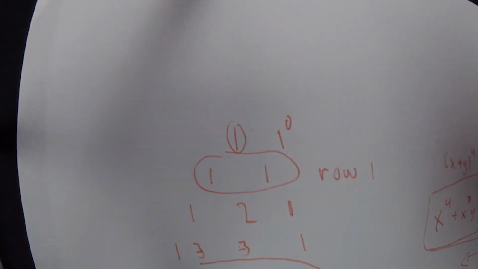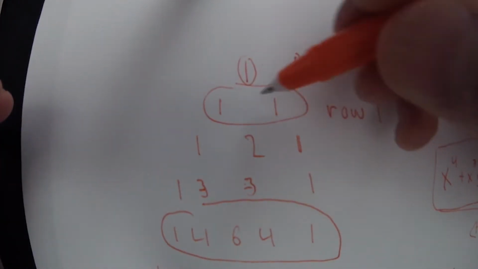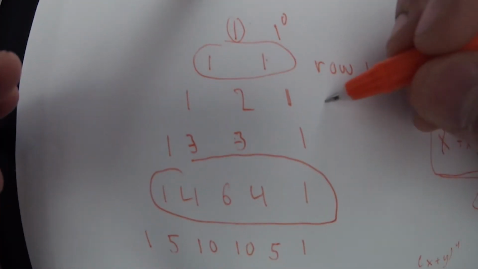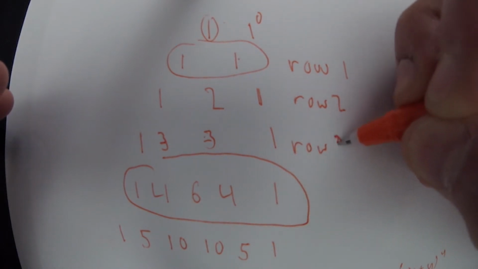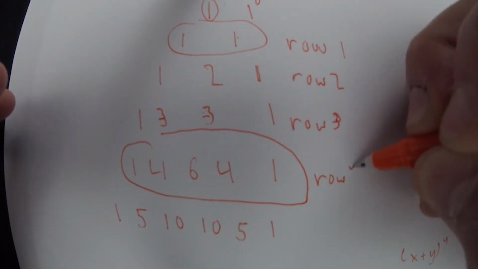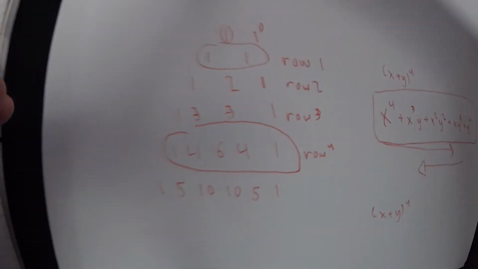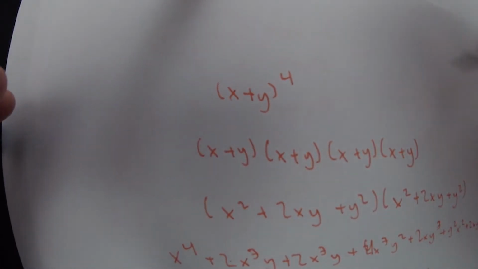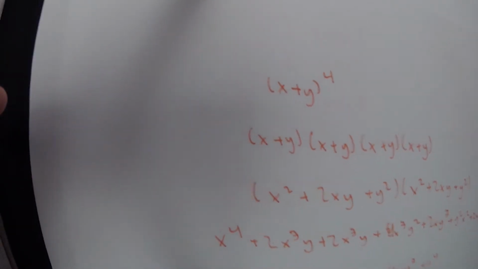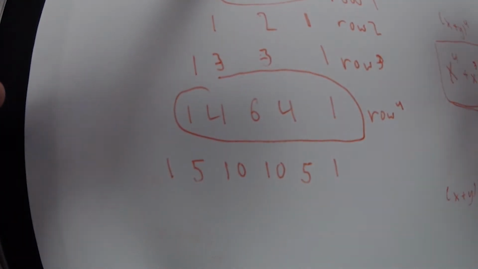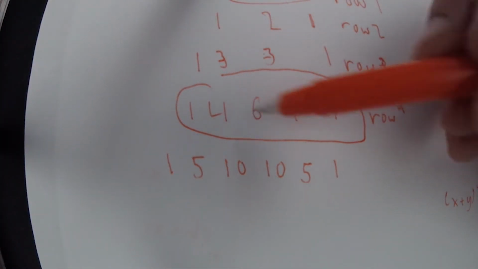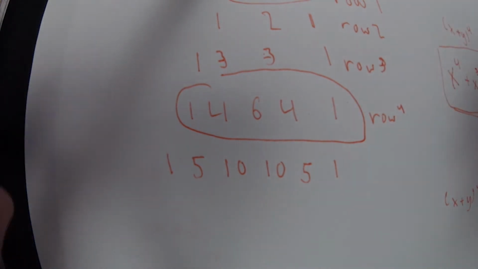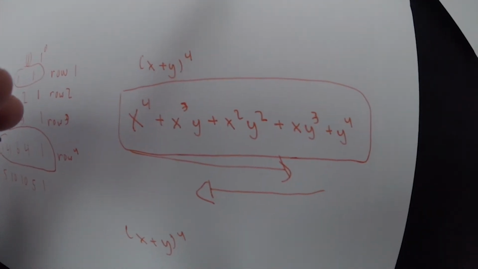So it's just 1. So we have row 1, starting actually at this row, row 2, row 3, and row 4. Because x plus y is being powered by 4, we can look at the fourth row and see that it starts with 1 and then goes to 4, 6, 4, 1. All we have to do is plug it in to this equation, which becomes